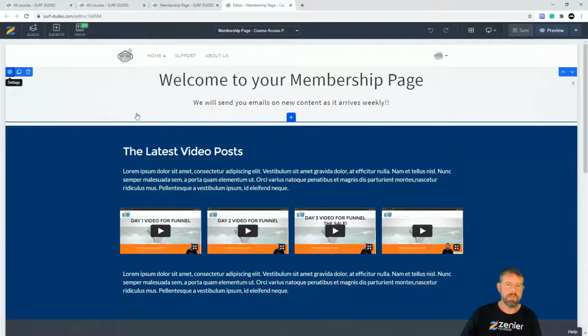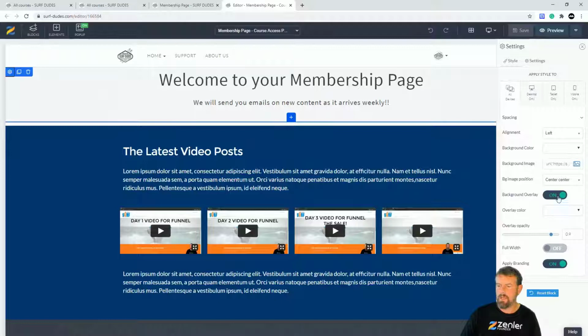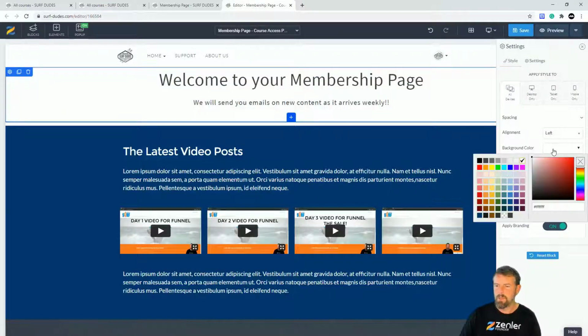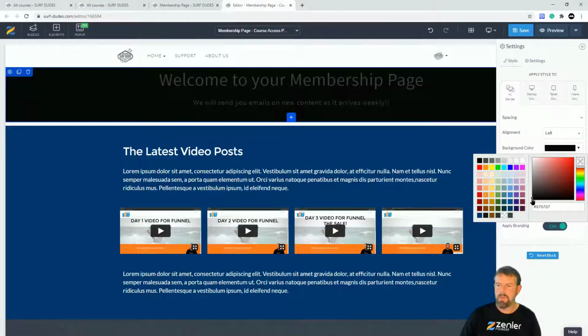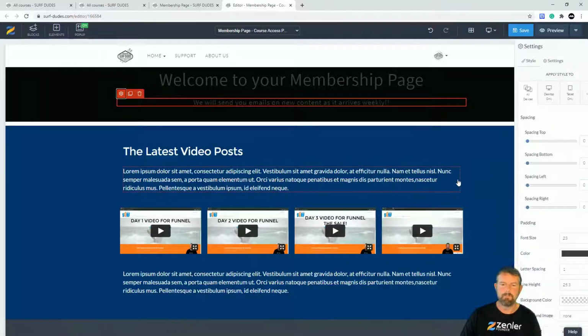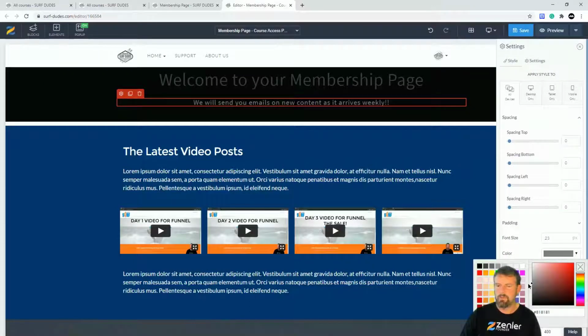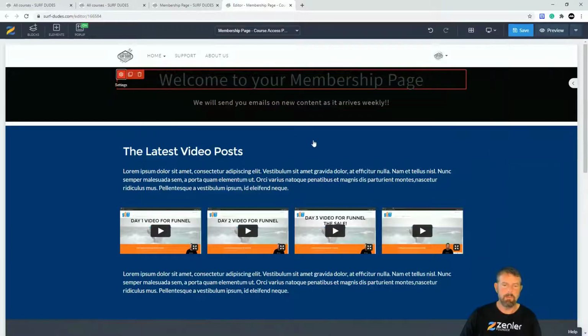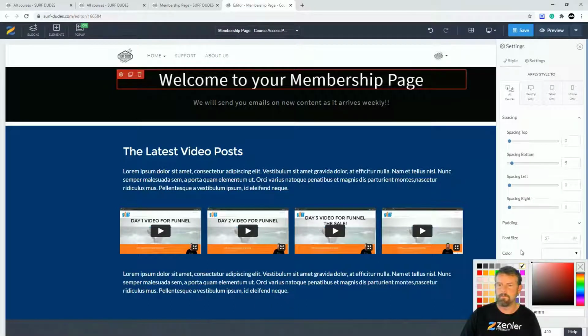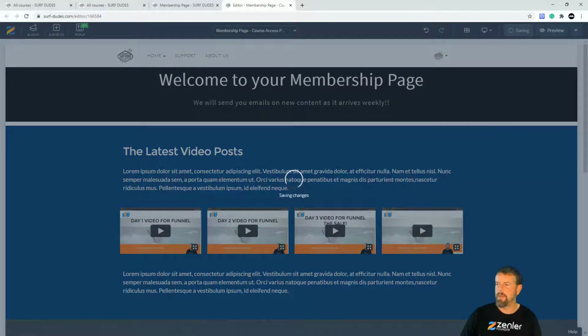I think I'll take this section and make it coloured. So I'm going to turn background overlay off. That's what I think was causing the problem. And I'm going to get rid of an image in here, and we're going to go background color. Let's make it black. Actually, I'll take both of these and make them white. I might make this one grey. Let's go into here, make it a grey, and then this one here I'll make a white. I'll save that, jump back into incognito,